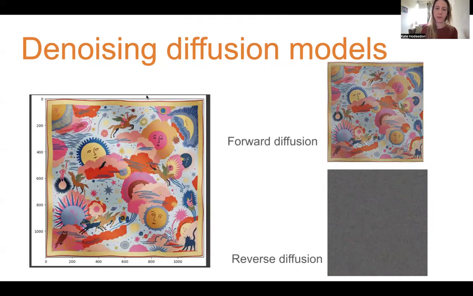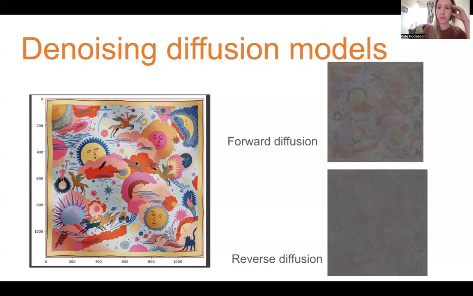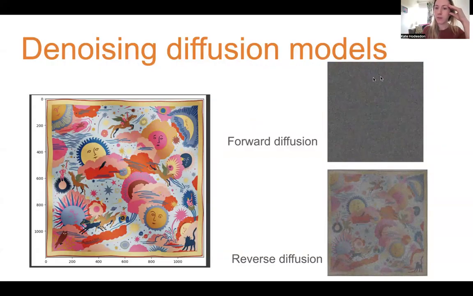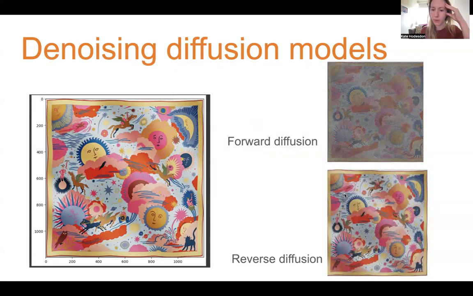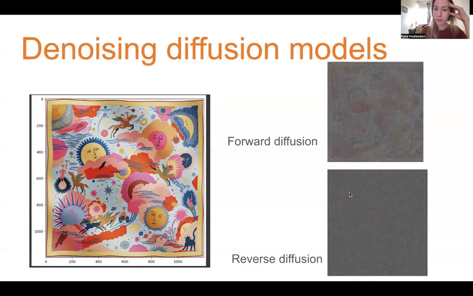Okay, so this is just to show you what diffusion looks like. We have an image over here on the left. Forward diffusion, we're just adding noise to that image until like here, it's completely corrupted. Reverse diffusion, the inverse process, we are taking noise away little by little from a sample of initially pure noise.